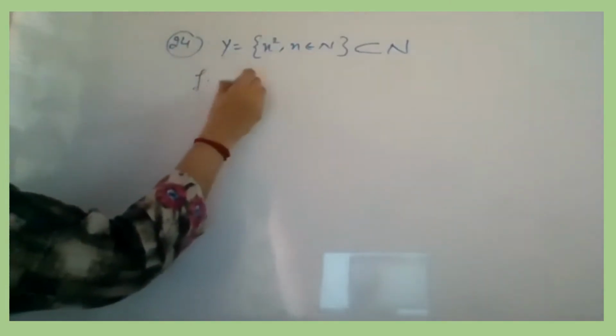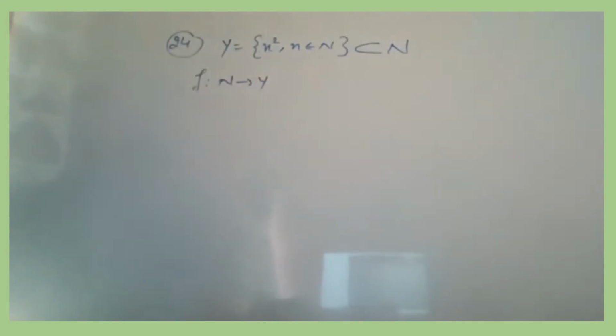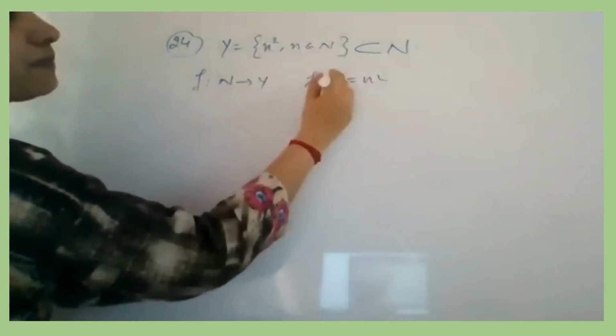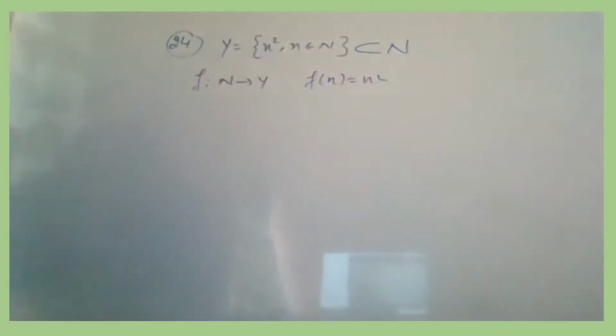So this is your y taken. Then they are saying you are considering a function f from n to y, n to the subset of n, as f of n is equal to n square. वो यहीं पे है actually. वहाँ पे दिया हुआ है वो. F of n as n square. Show that f is invertible and find the inverse of f. Again हमको क्या करना पड़ेगा? G define करना पड़ेगा.